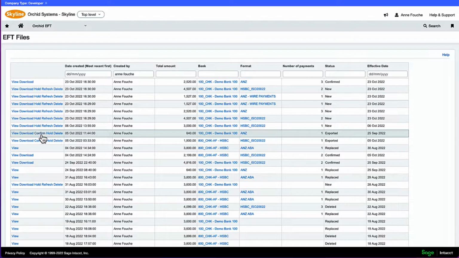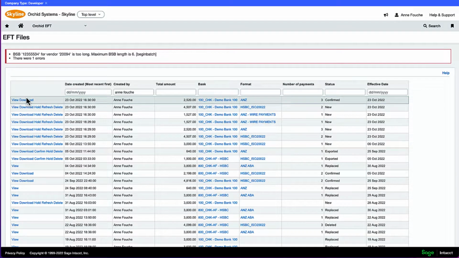But looking at the error process, if I was perhaps to download this particular file, you can see that I'm getting an error message that for vendor 20094, the BSB number is too long. The BSB number in Australian banks is a 6-digit number. So we need to hold that file,